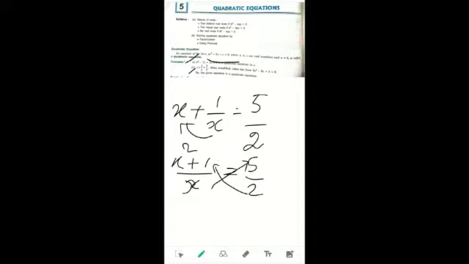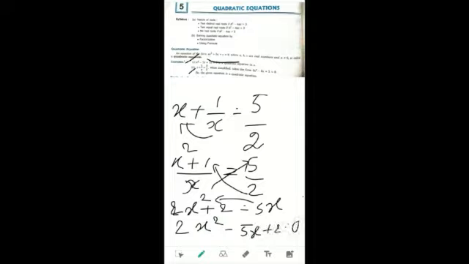Then after you reach this step, we want to take cross multiplication. This x you have to multiply here, and this 2 you have to multiply this side. And here we have two terms, x square and 1, so multiply this 2 with both terms. Which means it is 2x square plus 2 is equal to 5x. Now we want to transpose this 5x to this side, so plus 5x will change into negative. 2x square minus 5x plus 2 is equal to 0, right? So this is your quadratic equation.